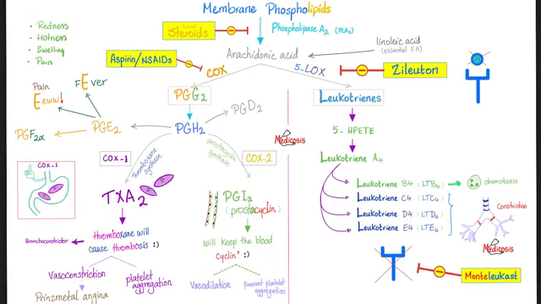Next, prostacyclin is anti-thrombosis. How come? I will cause vasodilation and I will prevent platelet aggregation, making you less likely to clot. So that's it for prostaglandin I2 and thromboxane. For the pros, if you want to make thromboxane, talk to cyclooxygenase 1. But if you want to make prostacyclin, talk to cyclooxygenase 2.